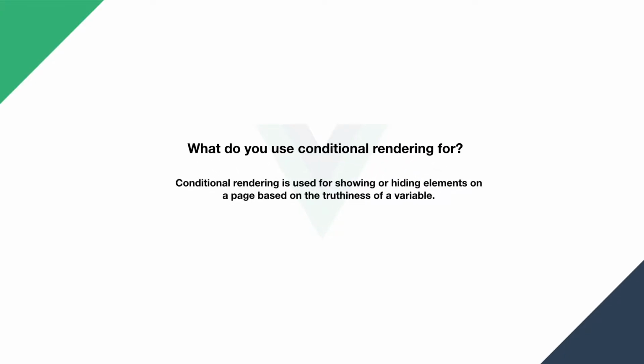Hello, in this video I'm going to show you how conditional rendering works. What do you use conditional rendering for? Conditional rendering is used for showing or hiding elements on a page based on the truthiness of a variable. That is, if a variable is true, or if it has value, or if a number is greater than another,